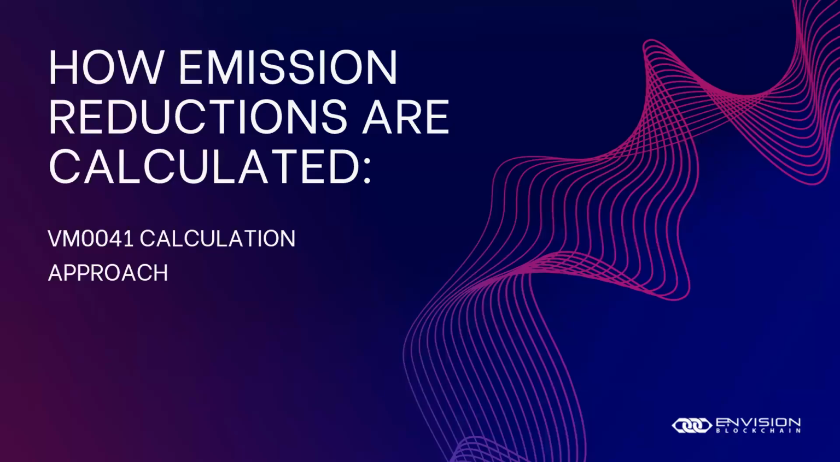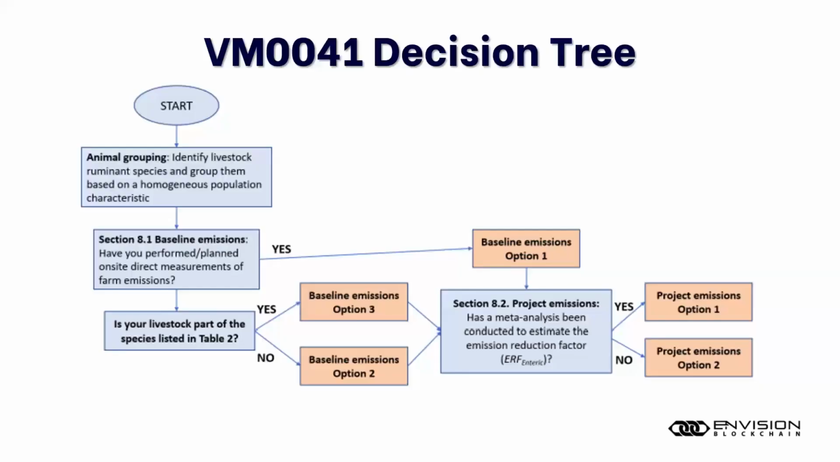Now, how are the emission reductions calculated? And this is based on the VM41 calculation approach. So first, we could look at the decision tree that is provided by the methodology. So in our digital policy, we have outlined all of these different scenarios to streamline the process for the user. When we demo this policy, you'll see that these questions have been included in the project form, and based on what you answered, the correct calculation approach will automatically be selected so that you only provide info for the parameters